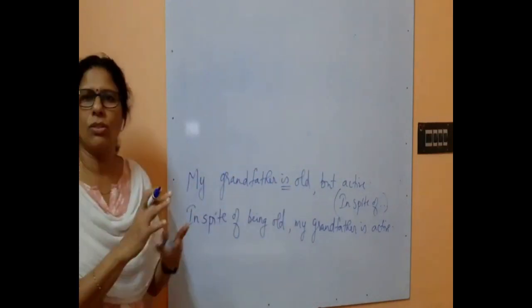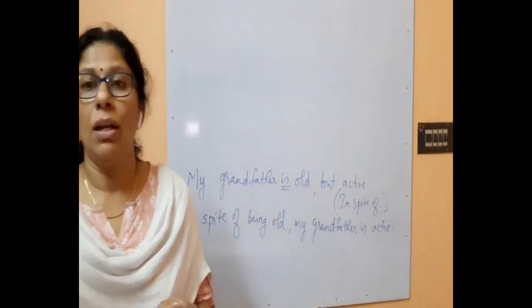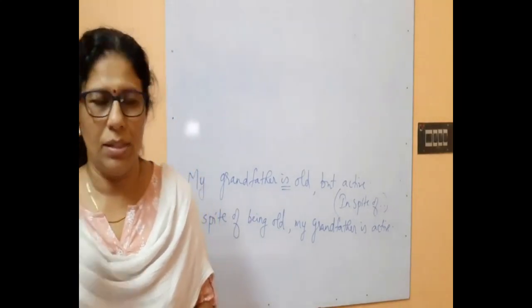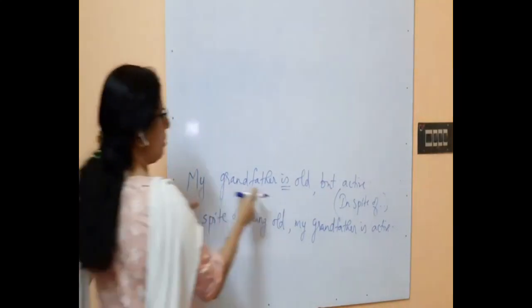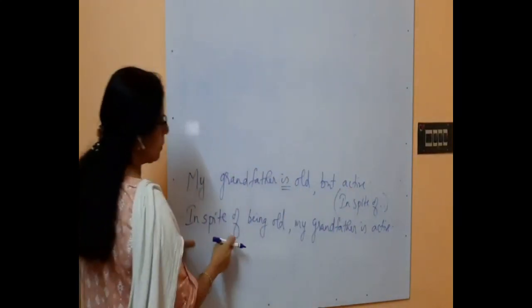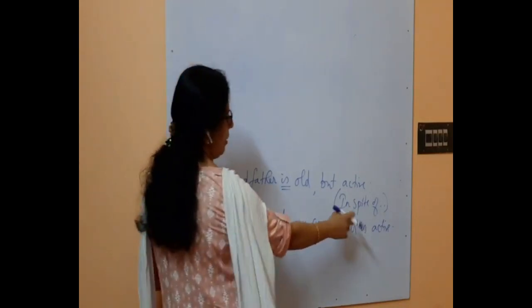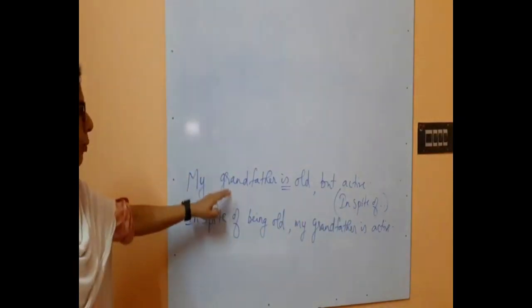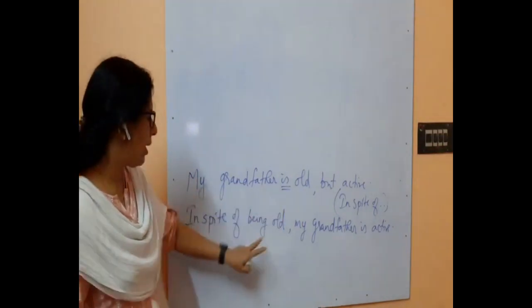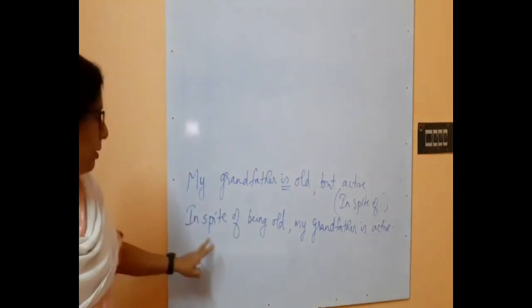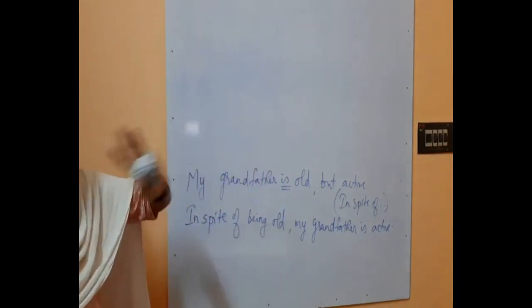Understood? So slight changes, of course, you have to make in the sentence, but please do not change the meaning of the sentence. That is very important. So my grandfather is old but active. In spite of being old, my grandfather is active. This is how we will convert the sentence. This is there, so being we have to use it. In spite of being old, my grandfather is very